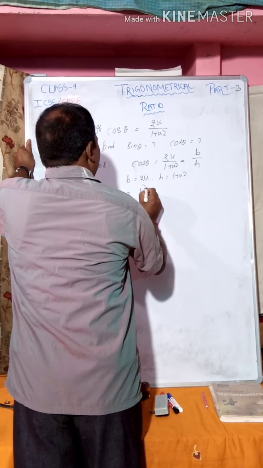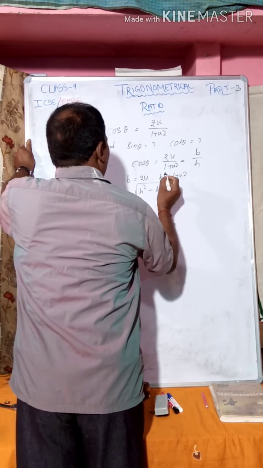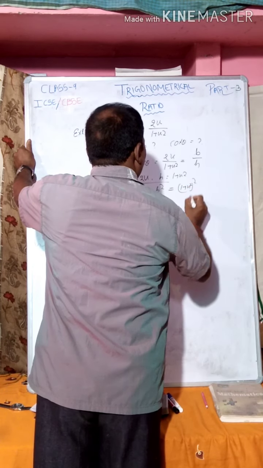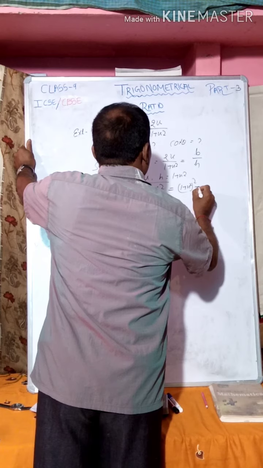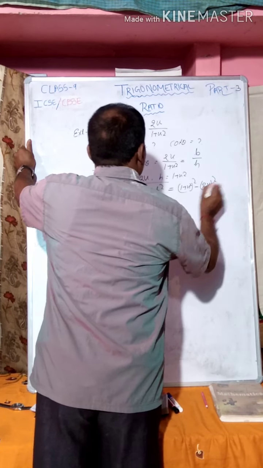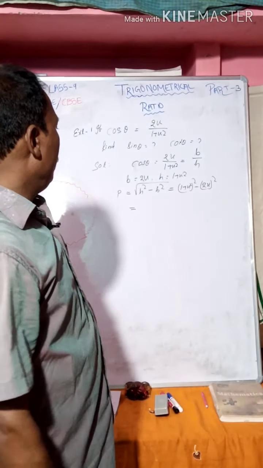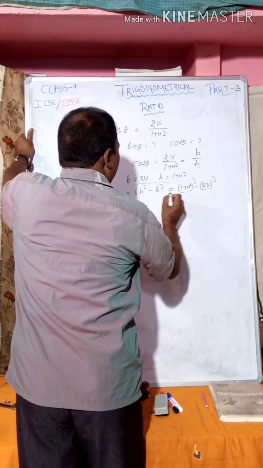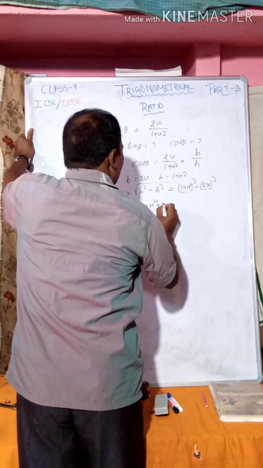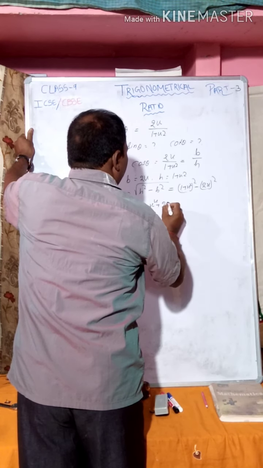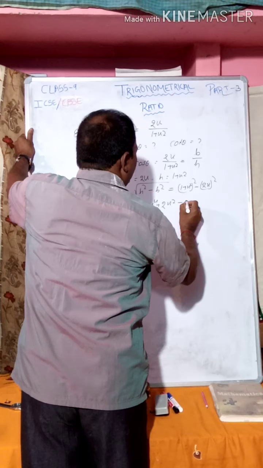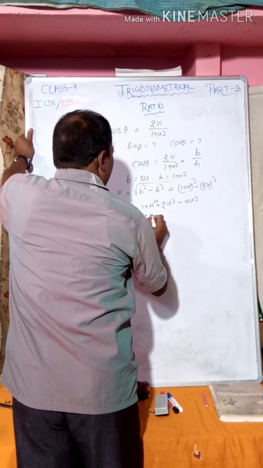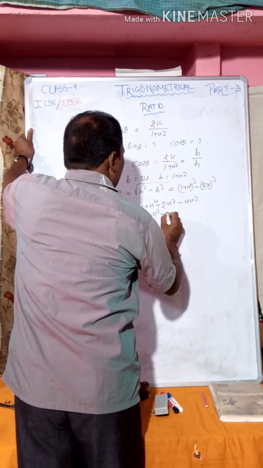P is equal to h square minus b square root over, that is equal to 1 plus x whole square, 1 plus x square whole square minus 2x whole square, that is equal to 1 plus x square whole square, a plus b whole square, 1 plus a square plus b square x to the power 4 plus 2ab means 2x square minus 2 to the power 2 4x square, that is equal to 1 plus x square whole square minus 2x square.